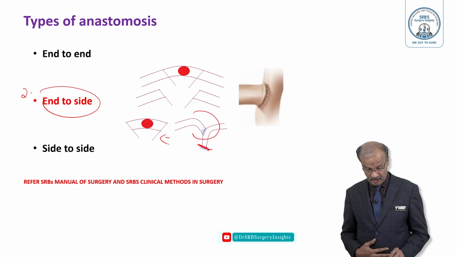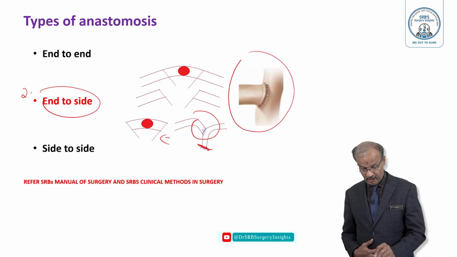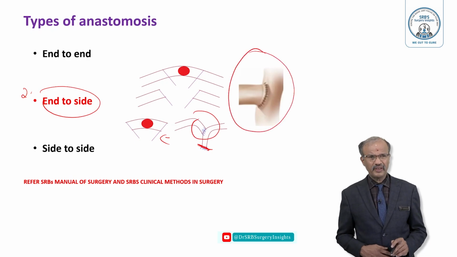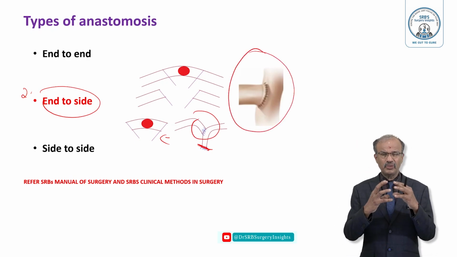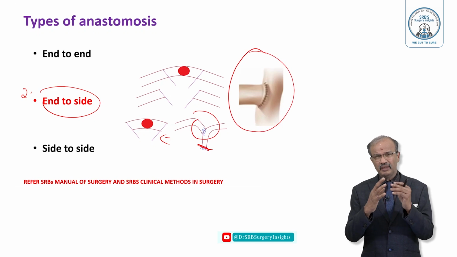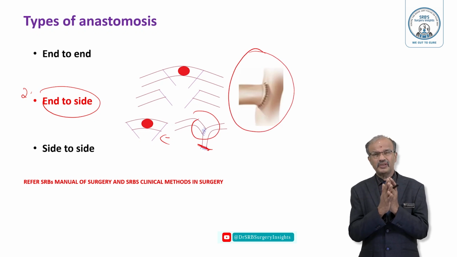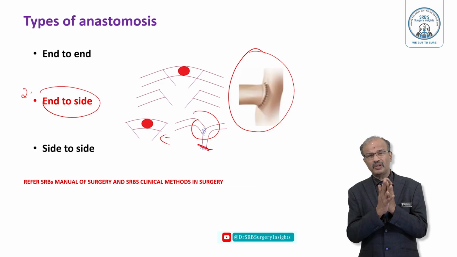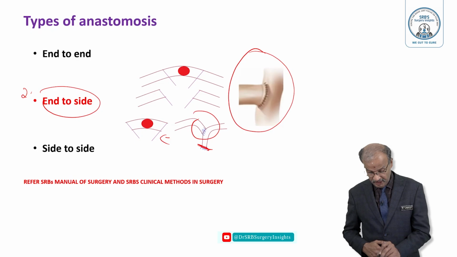This is the end to side. See that? This diagram is very, very clear, end to side. So when you find it difficult to do an end to end anastomosis, think the mesentery is not very good, edematous, maybe you are worried about the blood supply and discrepancy, then make an incision here,